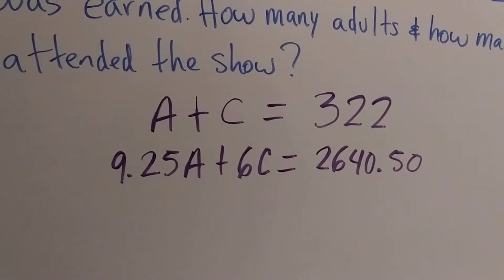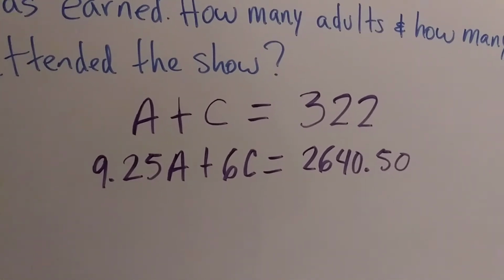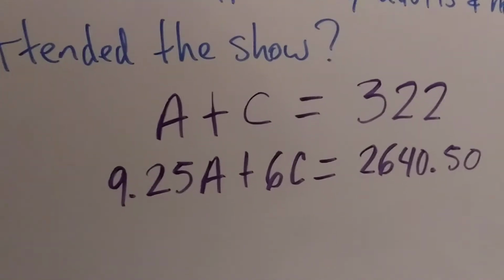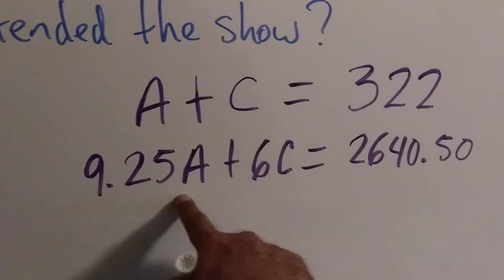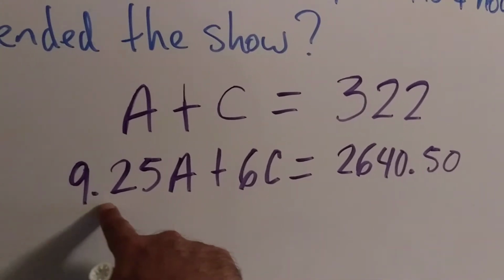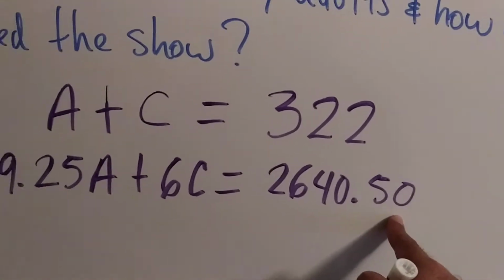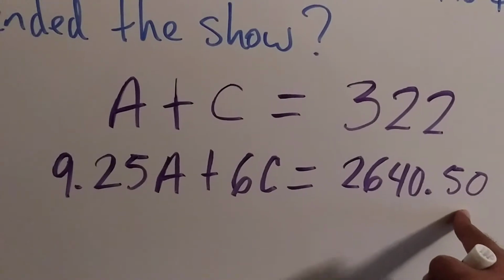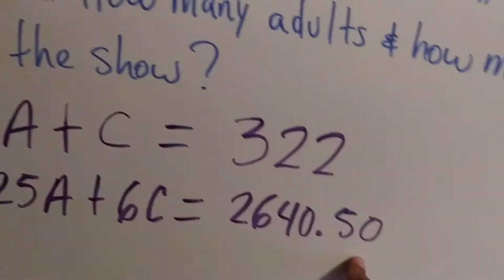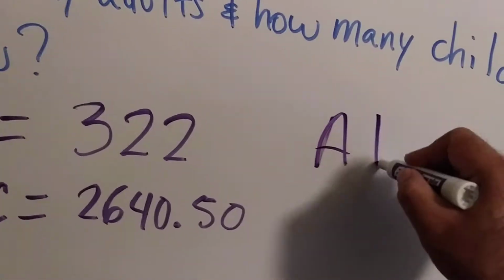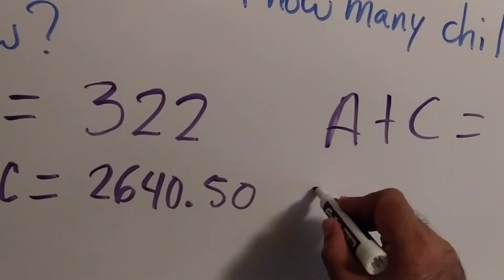Now we have to determine which of the two methods you want to use. Do you want to use the addition method or the substitution method? Which one is more convenient? What I would do first is clear the decimals from the second equation. You have 0.25 in 9.25, and you have 2640.50, so that's going to throw you off. So I would first clear the decimals and convert it to this: A plus C equals 322, and I'm going to have